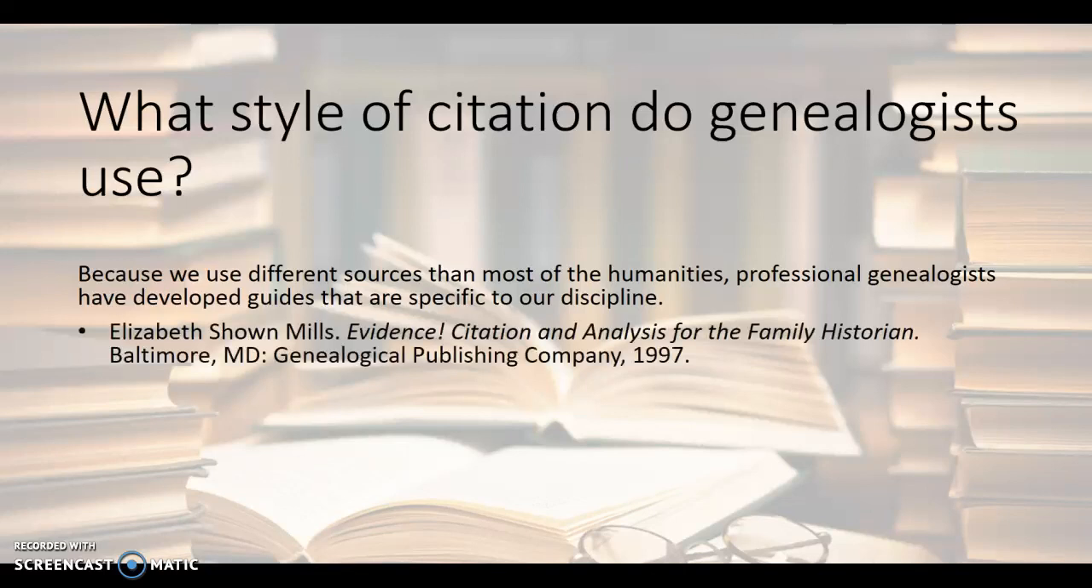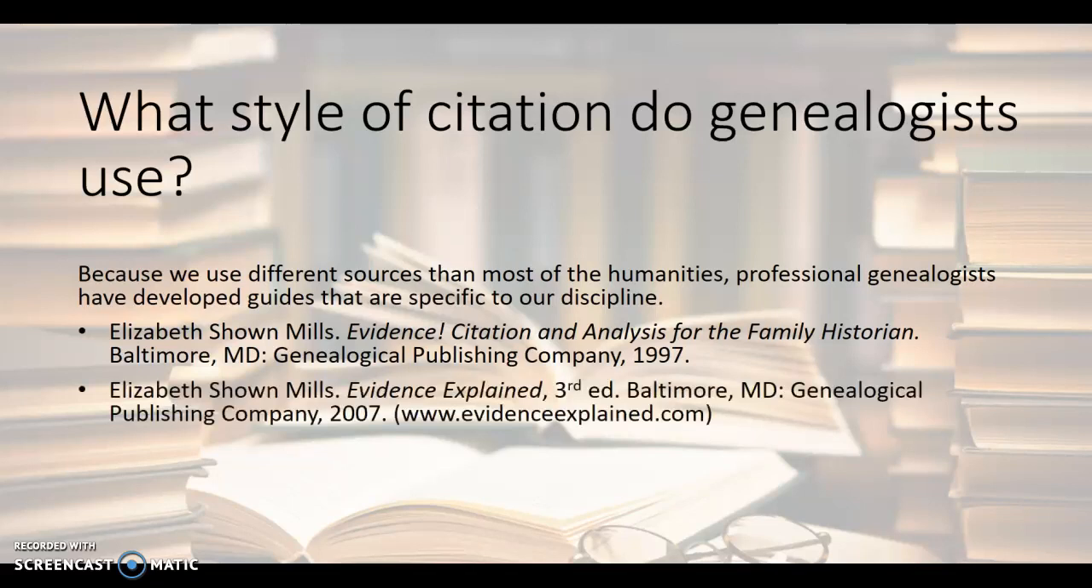So we have a couple of style guides. They're both by Elizabeth Shown Mills. The first is Evidence! Citation and Analysis for the Family Historian. This was published back in 1997, and it's a pretty slim little volume. The more recent guide that she published is Evidence Explained, and